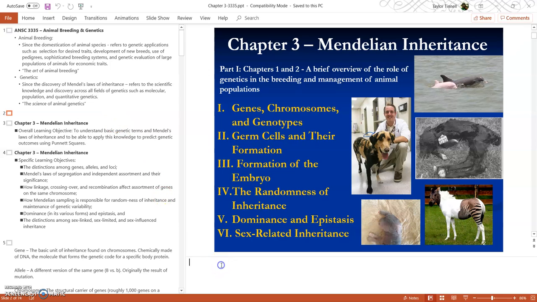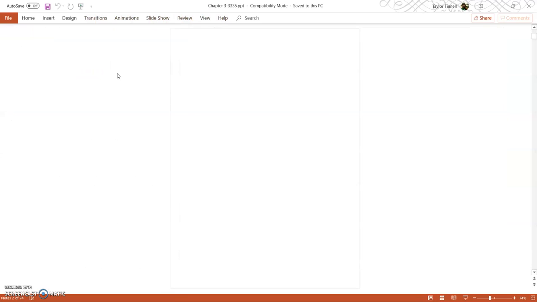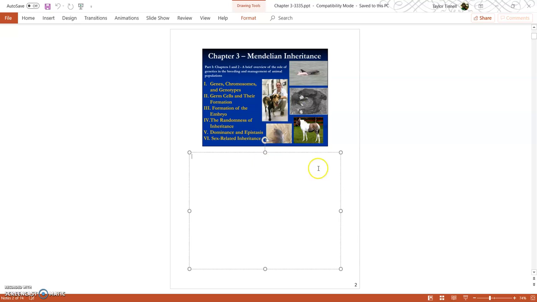I can add my own notes down here on the notes section, or I can also just make my own notes page, and then if I feel like printing them out, I can separate the notes from it and just print the slides. So I'm sure there's videos out there on how to use PowerPoint more effectively in classes, but